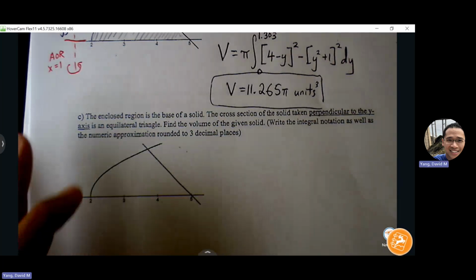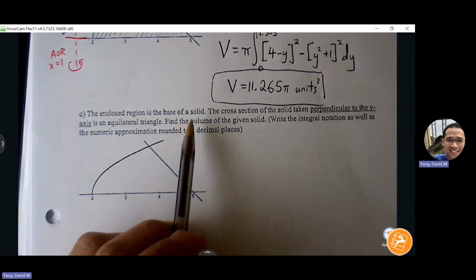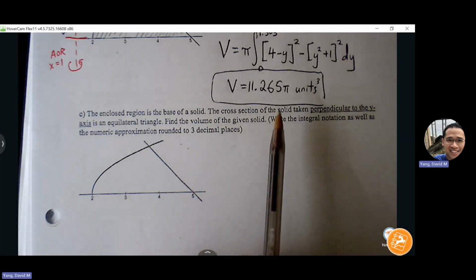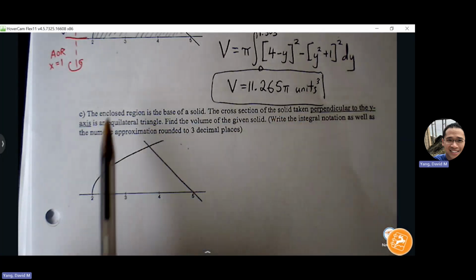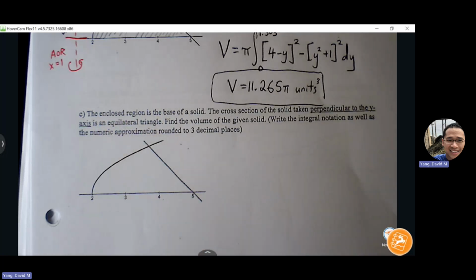Okay, part C, we have an enclosed region that is the base of a solid. The cross section of the solid taken perpendicular to the y-axis is an equilateral triangle. So we're told what shape we're building on top of this. There's no rotation here. This is actually the flat surface that we're building these